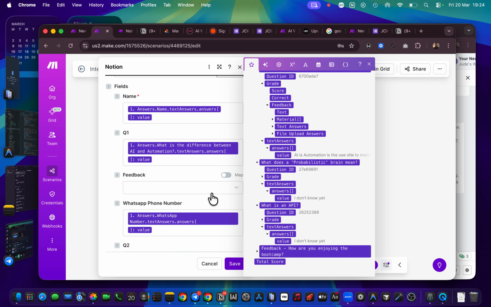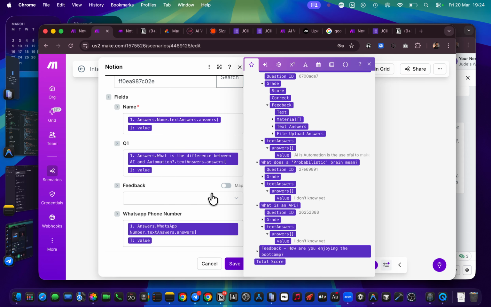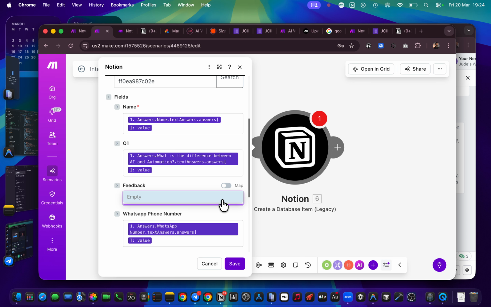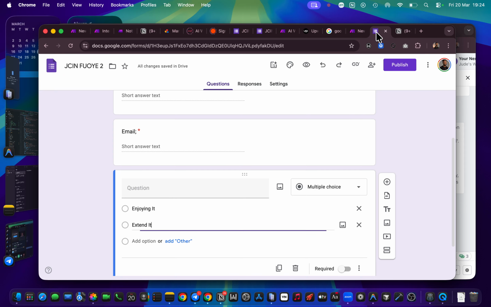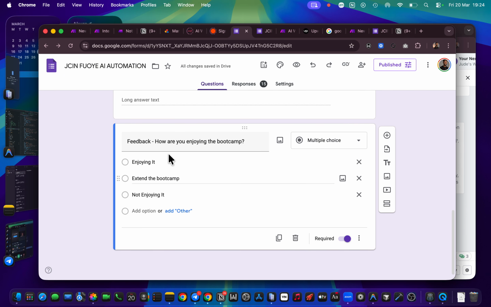Now we're faced with one more thing, feedback. If you go back to your Notion database, you see that these are feedback and we have no value here. We have no default value, because we want to get our feedback directly from the options we added: enjoying it, extend the bootcamp, not enjoying it.